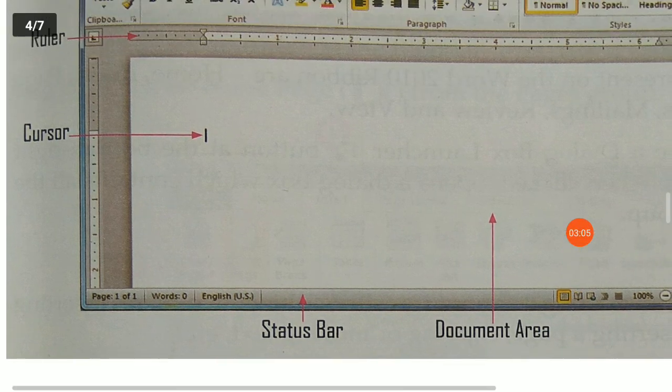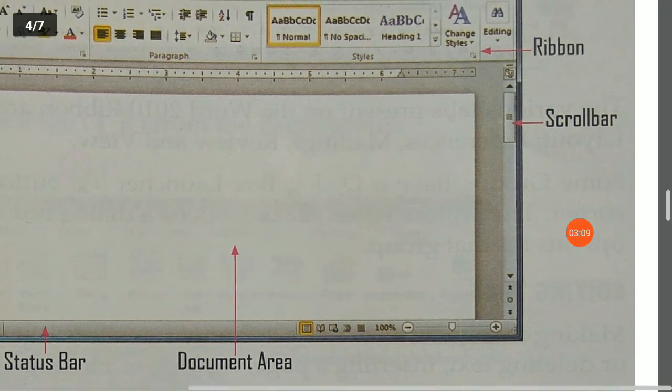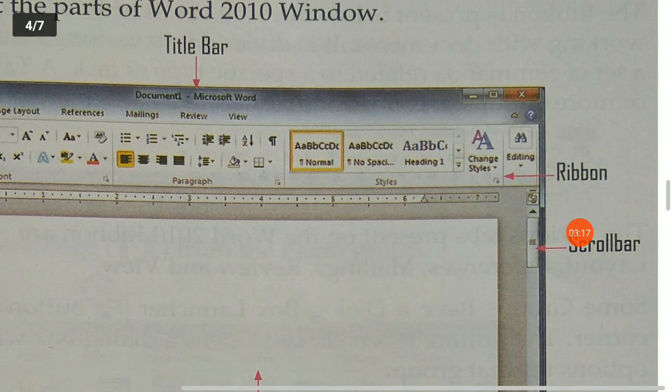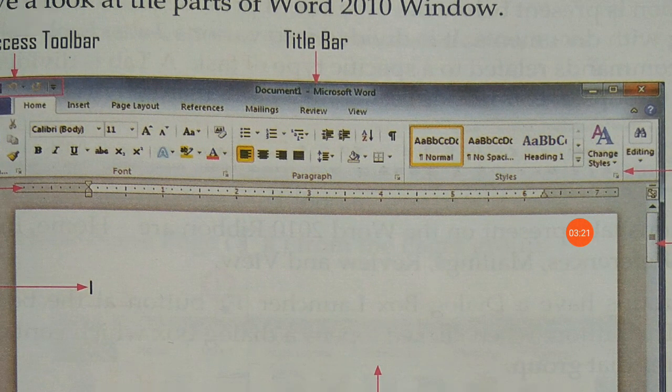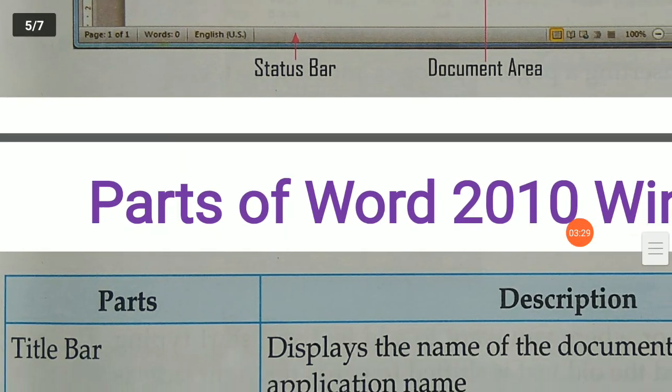The main white portion where you can type, this is called document area. A scroll bar is used to move page up and down, and there is a ribbon. In ribbon there are so many commands or group of commands. Let's see these all points in detail.